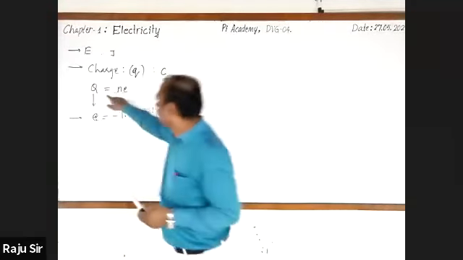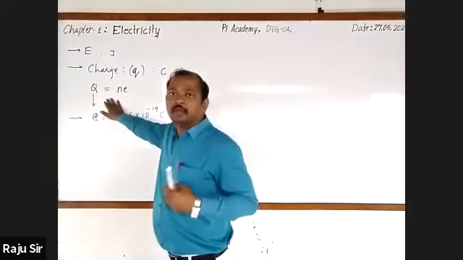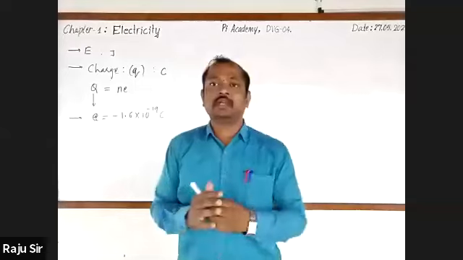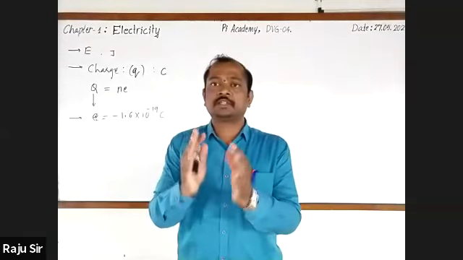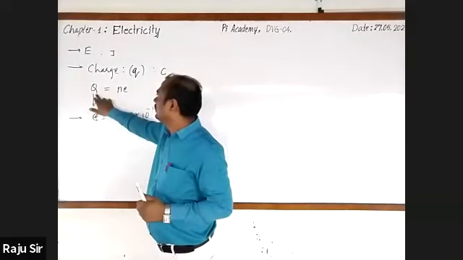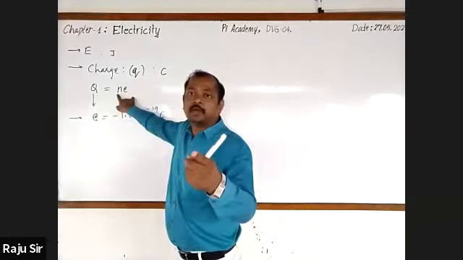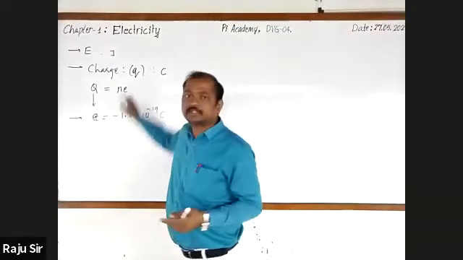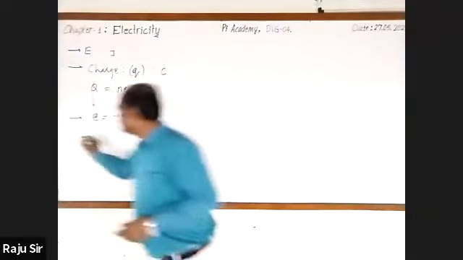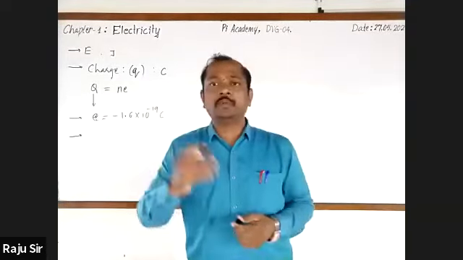One student is asking to know about Q is equal to NE. Again, just observe. No doubt it is important. The total number of charged particles present in a body is called the quantity of charge, net charge, resultant charge, absolute charge. This is denoted as Q, and it can be found out by using the formula N into E, where N is the number of electrons and E is the charge of an electron. And another important point is: how many electrons